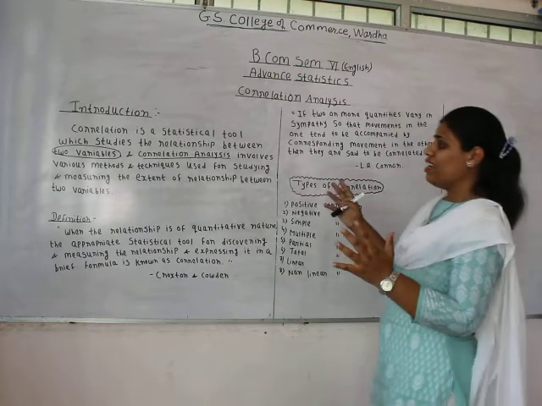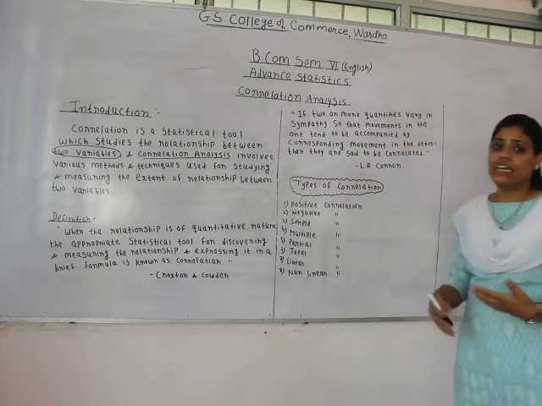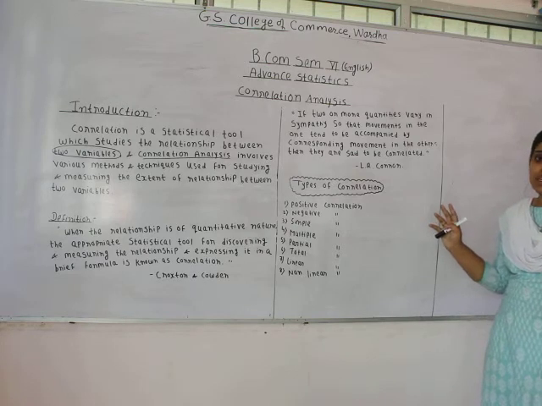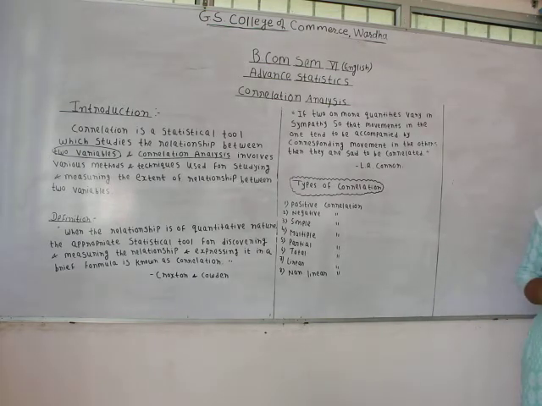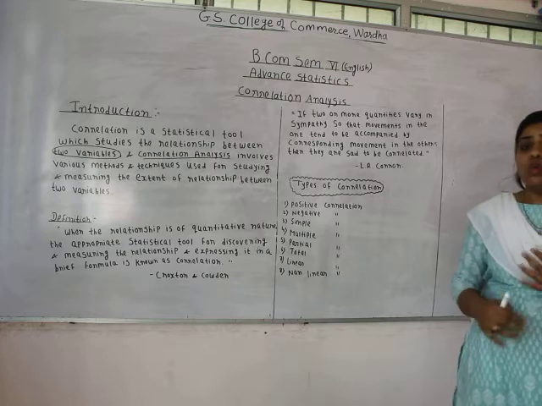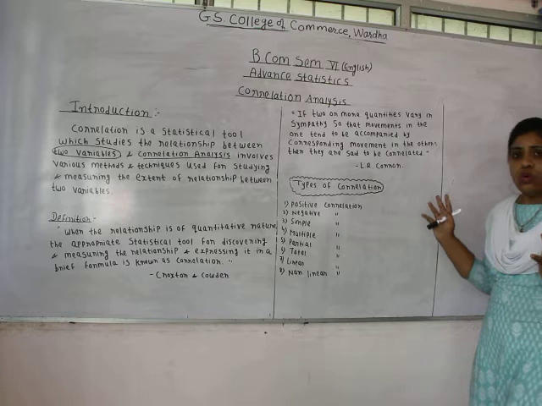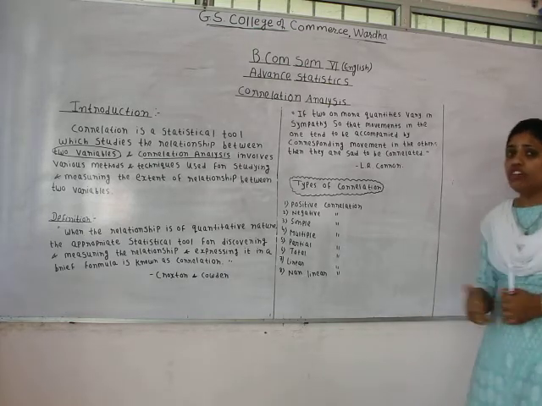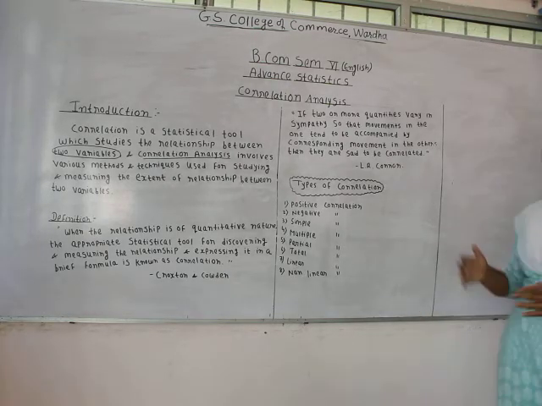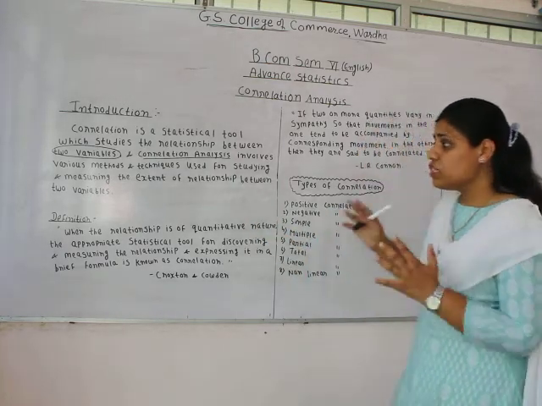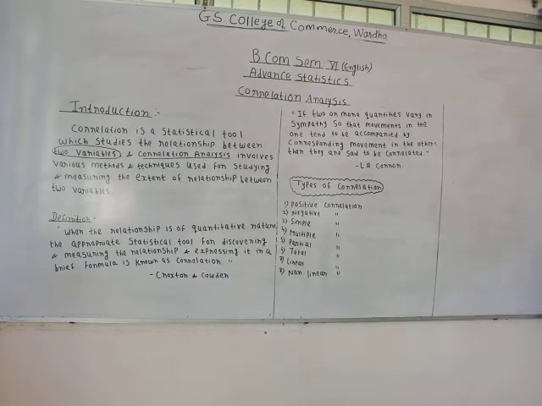Okay, so in correlation analysis, what is basically done here is that the relationship between the two variables is studied by using different methods and techniques, and it is determined what kind of relationship is there between them and up to what extent the relationship exists between the two variables, like we have seen the example of price and demand. Okay, so now I hope you are clear with the concept of correlation and correlation analysis.